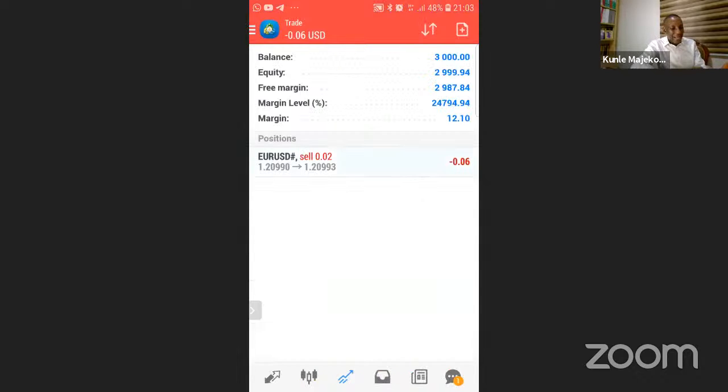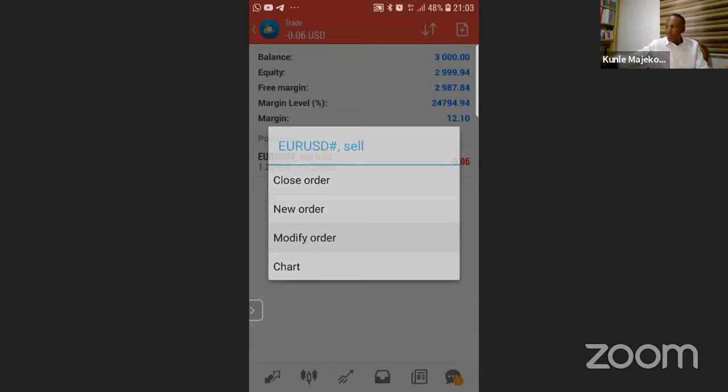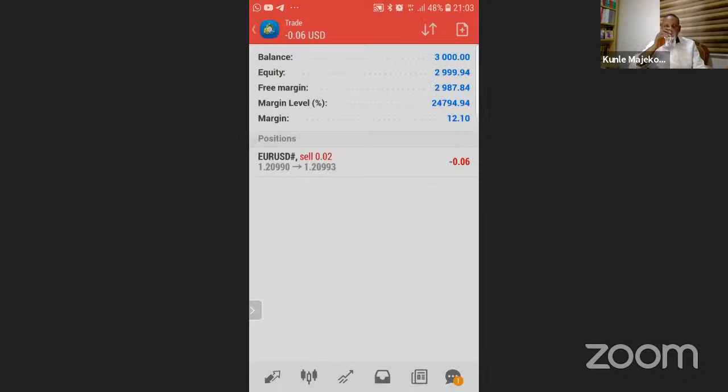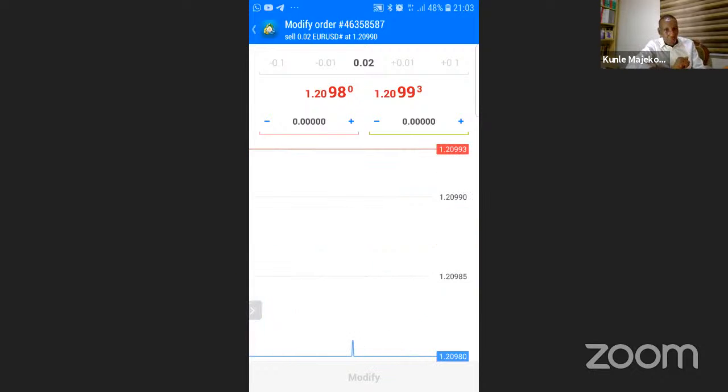So let me go back. I want to modify my trade. So I click modify order. Once I click modify order,